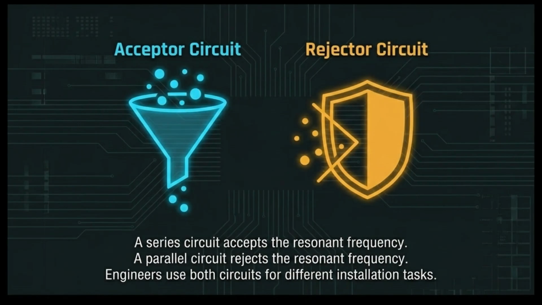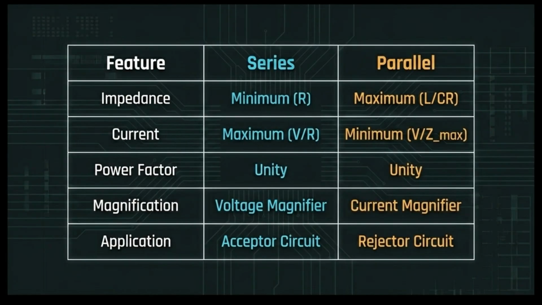Engineers classify these as either acceptor or rejector circuits. A series circuit acts as an acceptor, while a parallel circuit serves as a rejector for the resonant frequency. This table summarizes the key differences between series and parallel resonance, covering impedance, current, power factor, magnification effects, and their